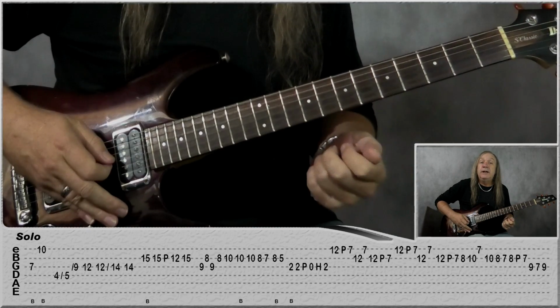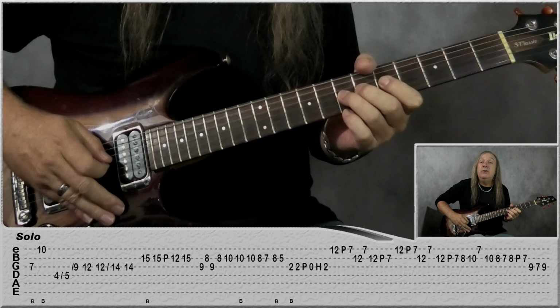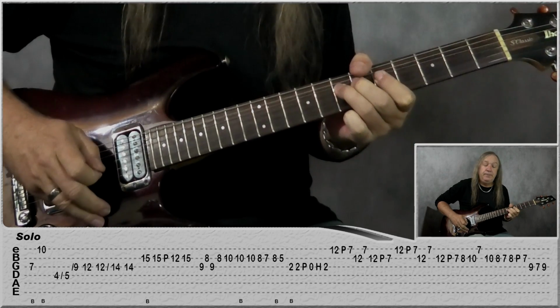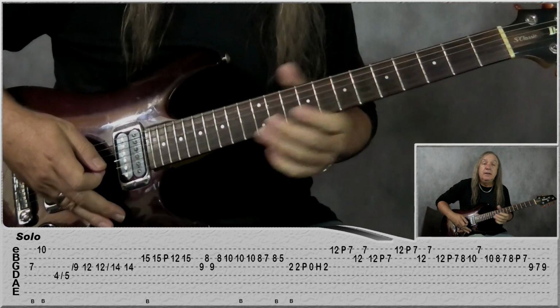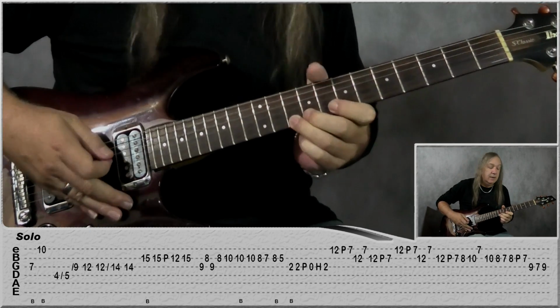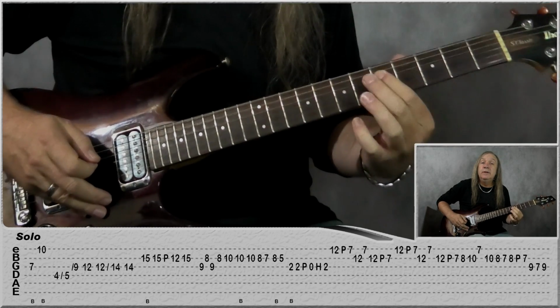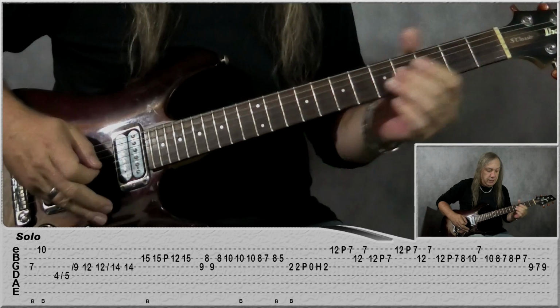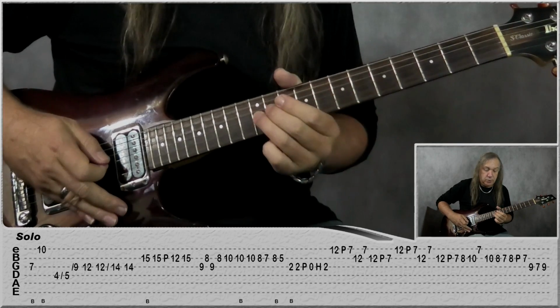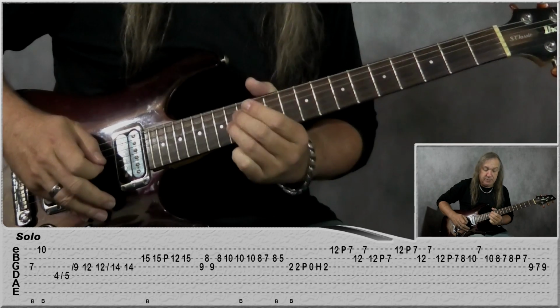So with the solo, we've got a harmony on there as well, and I'll show you that at the end. So we're just starting with a bend on the G string on the 7th fret, then do a bend on the 10th fret E, then jump to the D string 4, slide to 5, slide up to 9 on the G, play 12 G, slide up to 14, so 12 again, slide up to